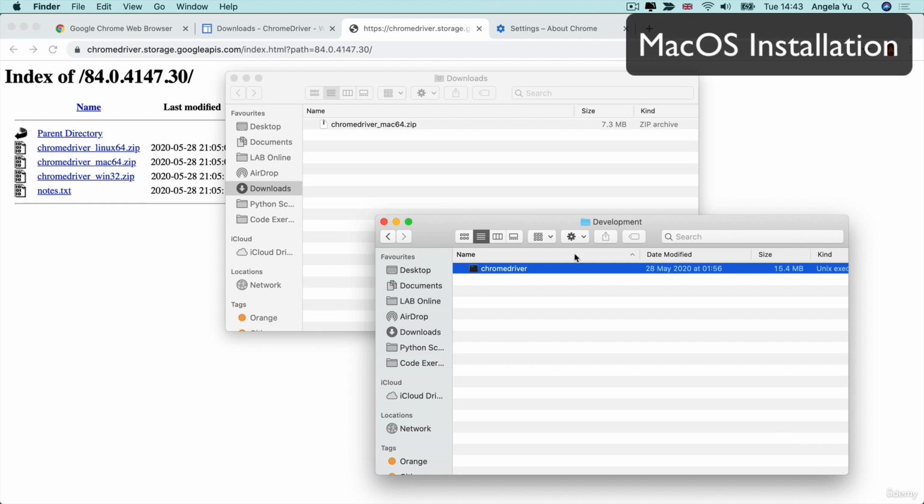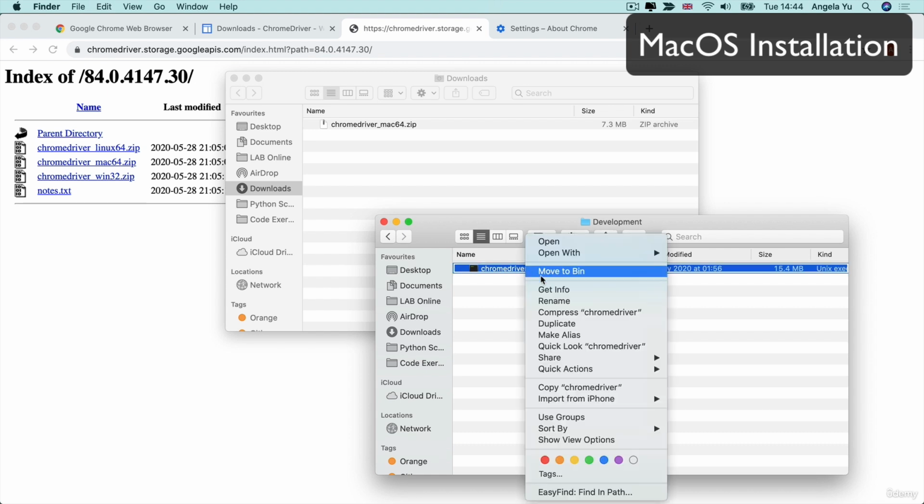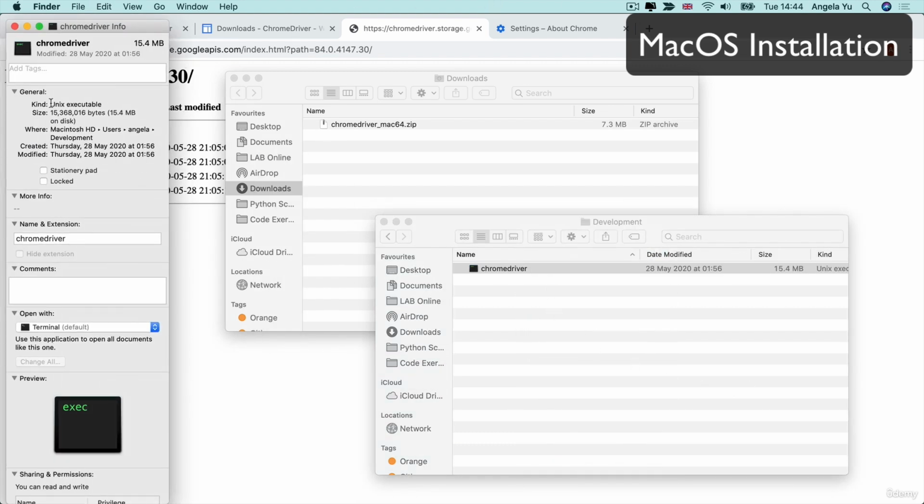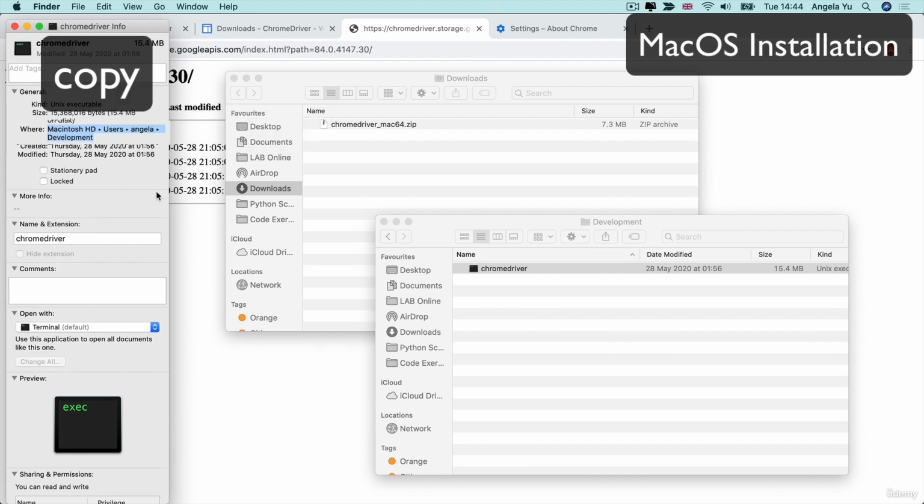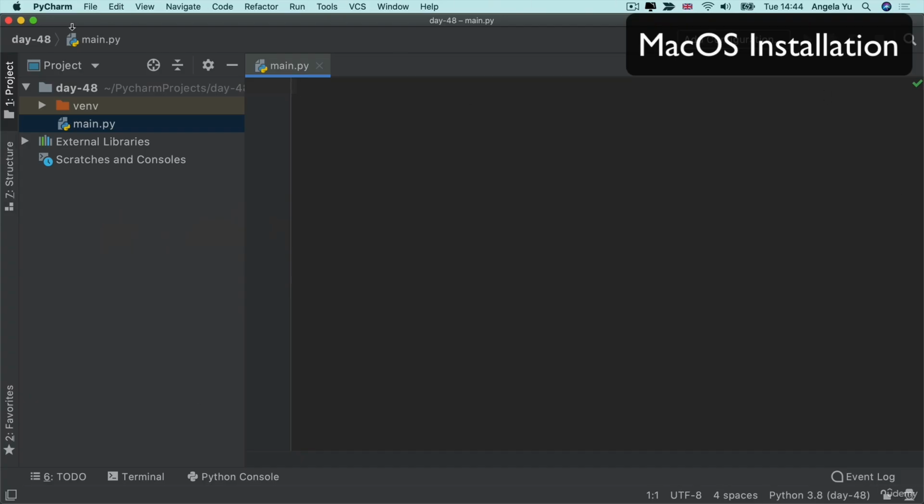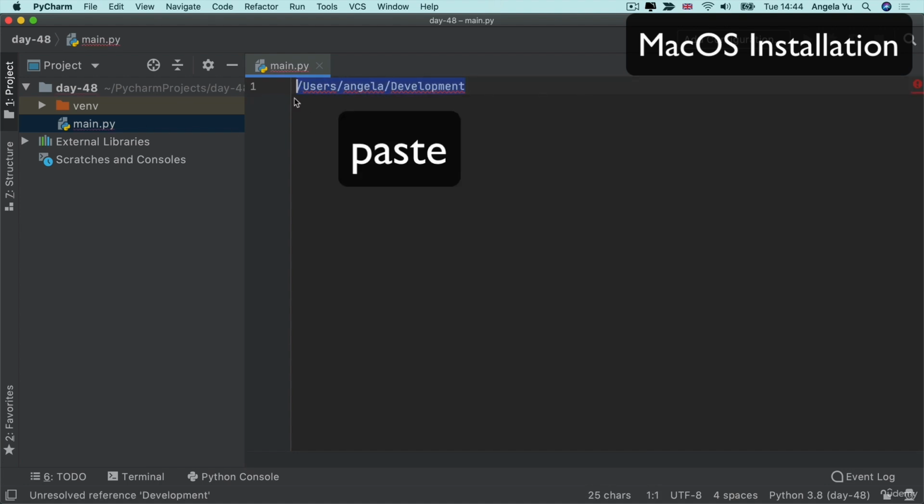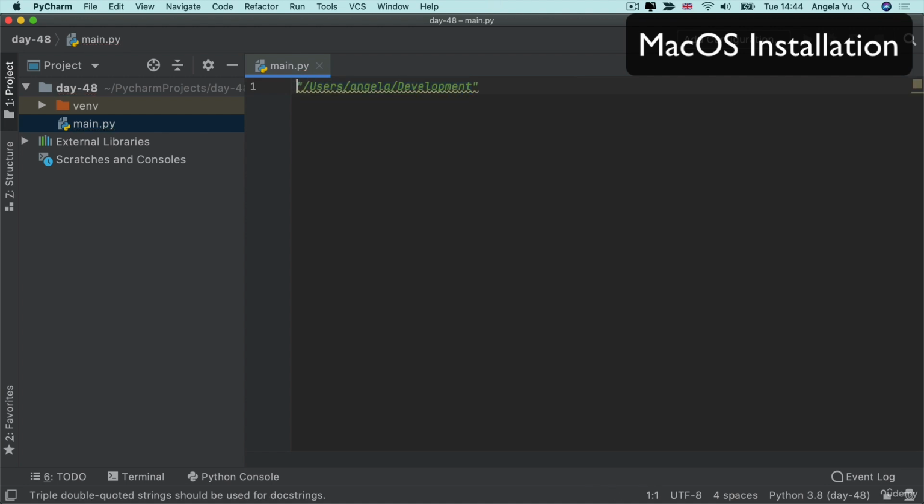Now the most important thing though is to actually get the file path for this particular file. To do that on a Mac, all we have to do is right click and go to Get Info, and then where it says Where, we're going to copy all of that, hit Command C to copy, and then we're going to go into a new project that we've created, which I've named Day 48. In the main.py, I'm going to paste this entire file path,